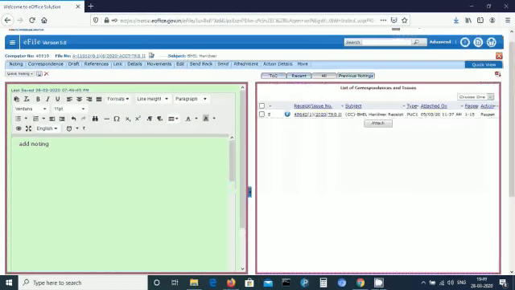Once the noting is given and saved in the note sheet, it can only be edited by the person who has given the noting, but it cannot be deleted by anyone, because in eOffice nothing gets deleted. So you can see that after adding noting in the note sheet, you will be able to save it.